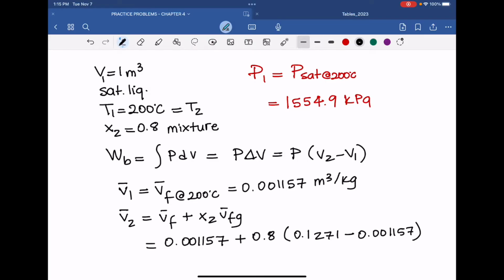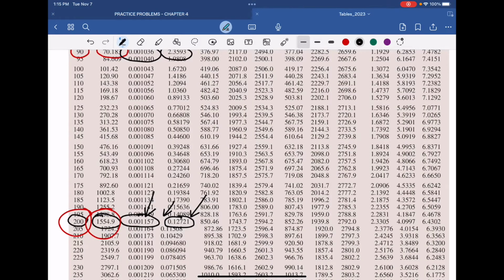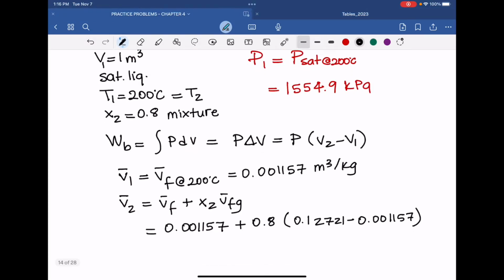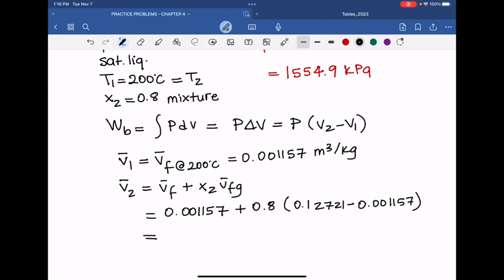I think there's something missing here. One second. Okay. Now, looking back and confirming that it's all correct, and now we can calculate it. Okay, so this is our specific volume at the second state,